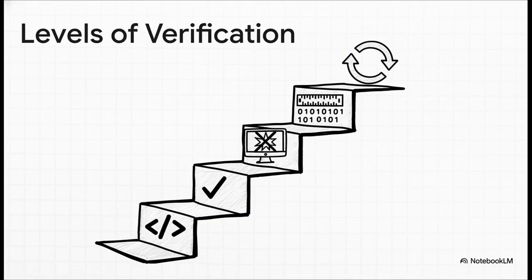Now, verified code isn't just a simple yes or no. There are actually levels of trust. A basic level might just guarantee your code is written correctly and won't crash. But the highest level, that's the ultimate promise. It proves that the decoding process is a perfect reversal of the encoding process. The message received is mathematically proven to be identical to the message sent, every single time.